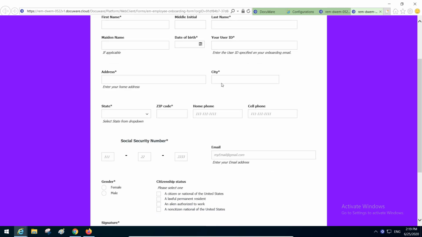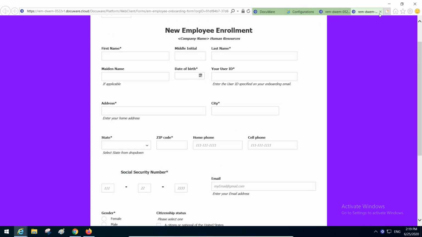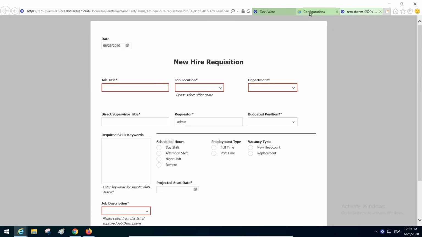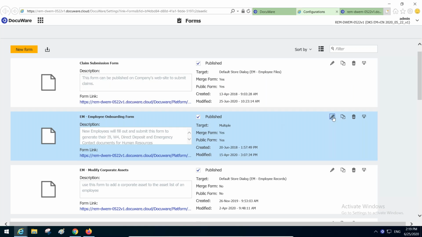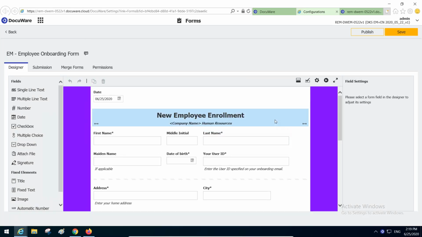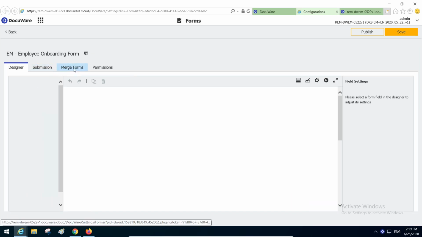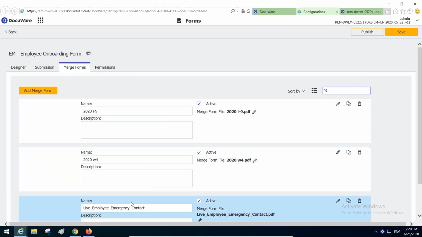So by taking this information and using it in merge forms, I'm eliminating the need for this particular new employee to have to enter his name, his address, his social security number, 15 times when he's filling out his onboarding packet. And what that looks like here in the Merge Forms tab is we identify the individual forms,